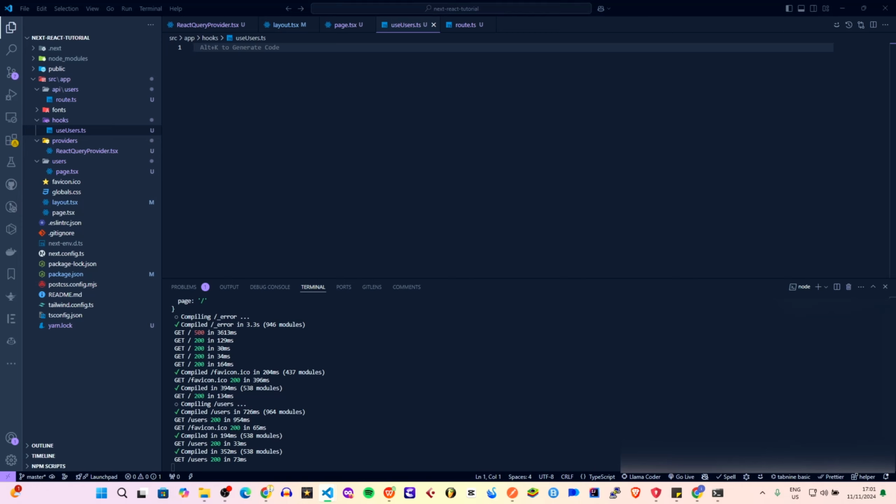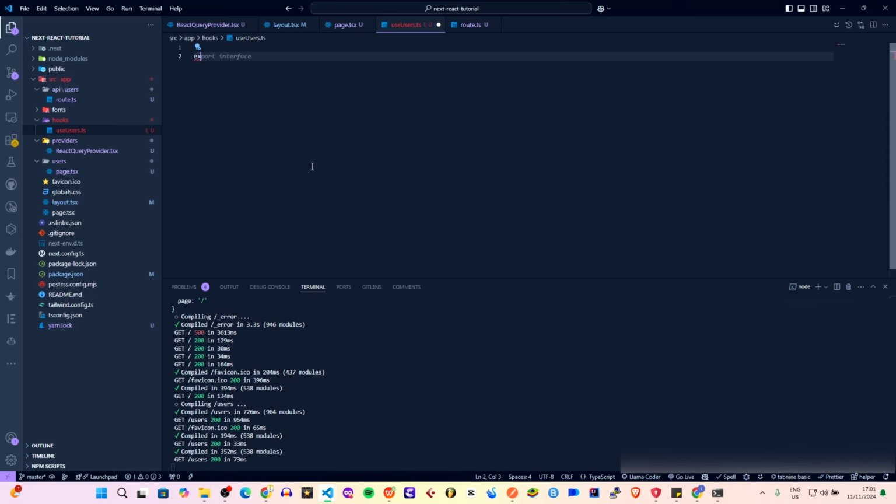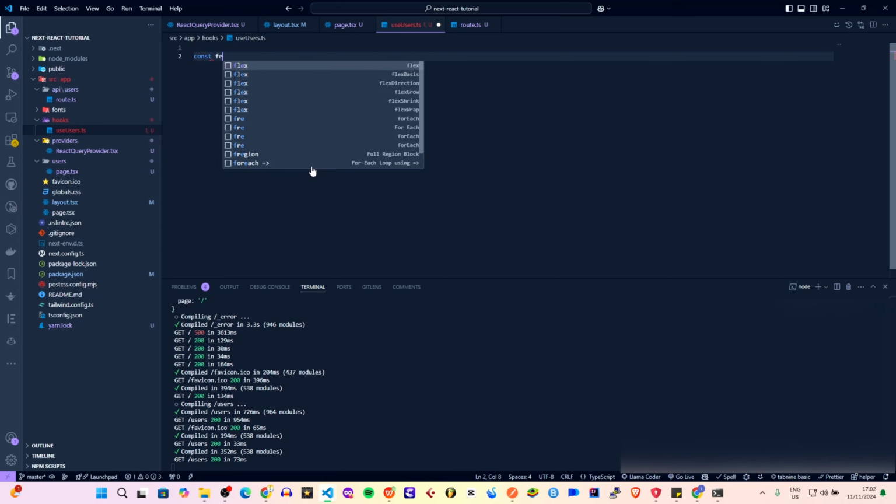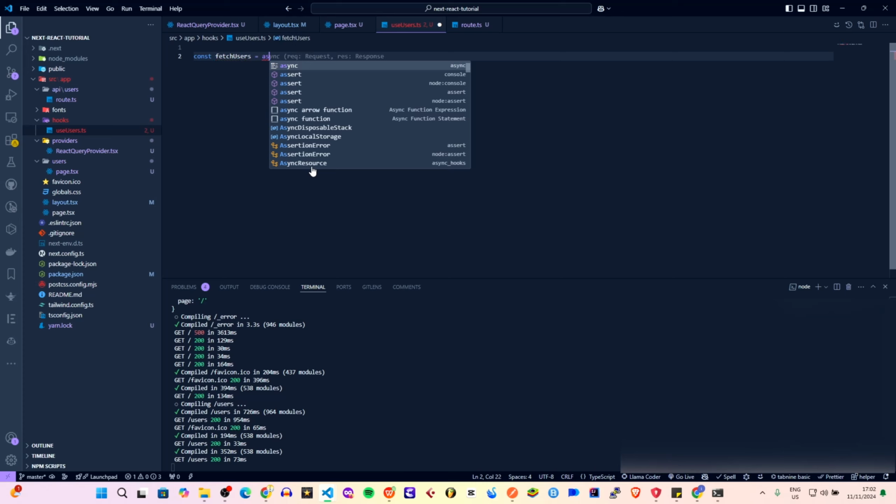So here in users, we want to export a function, the function that will help us fetch users, which will use the useQuery. We're going to create the function first. Let's say const fetchUsers is equal to async